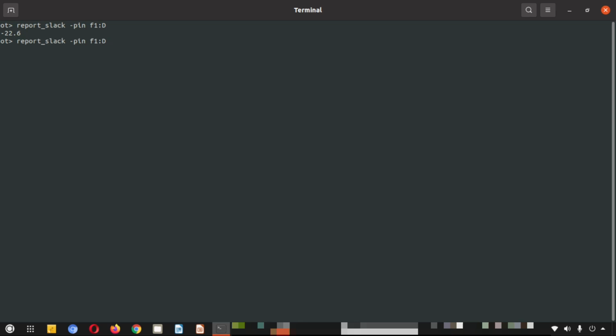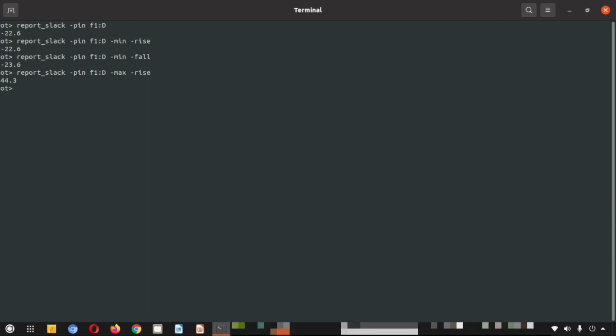So here I give the min with rise. So you can see that this value was already printed. Now changes to fall. The value changed. Now I change max and then rise.